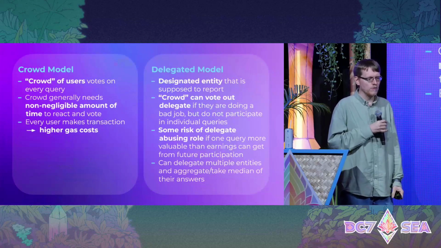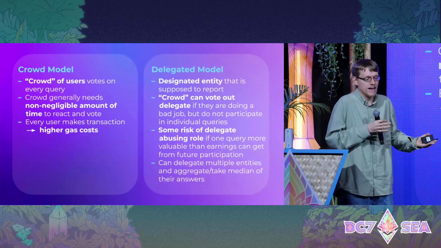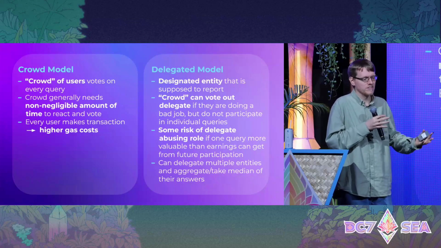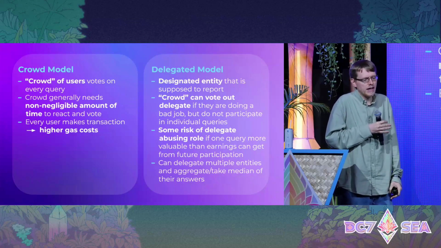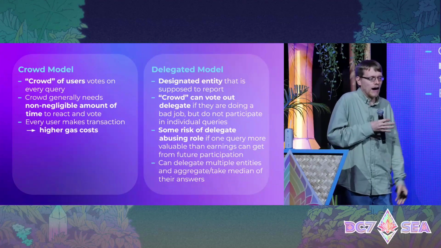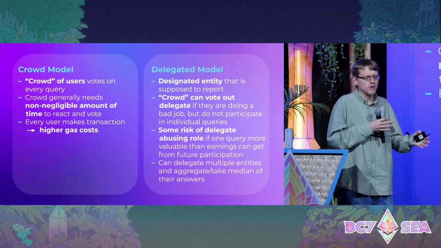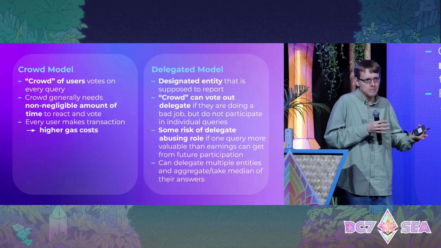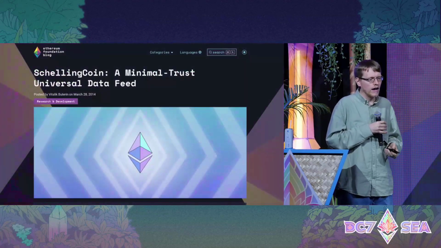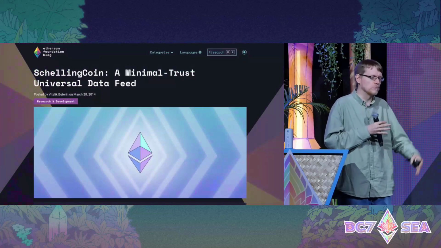In the crowd model, if you have lots of people doing a task constantly, that takes gas. Maybe they have normal hardware, so they're not as fast as an institutional actor. In a delegated model, there's some risk that the delegates could abuse their role. Sure, they can be voted out, but in any given question, they're delegated, and you can mitigate that somewhat by aggregating a bunch of delegates together, so that you'd have to have some collusion for them to corrupt an answer. And now to summarize some of the different choices people have made over time,